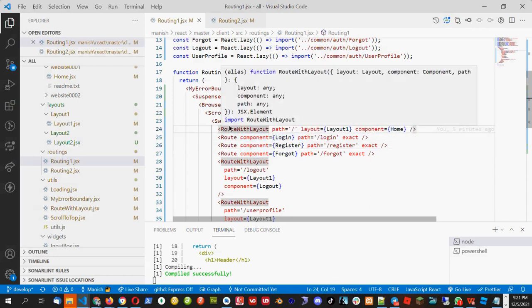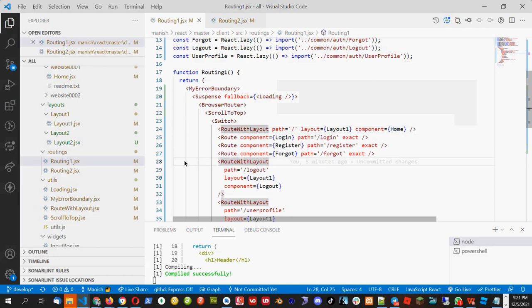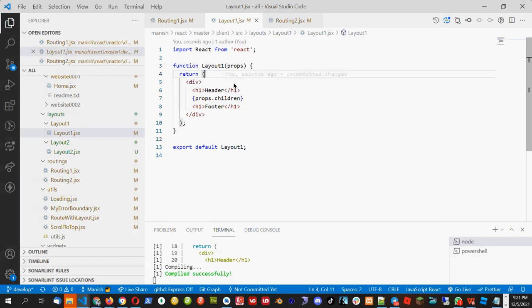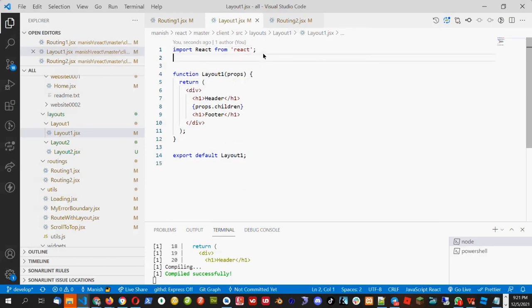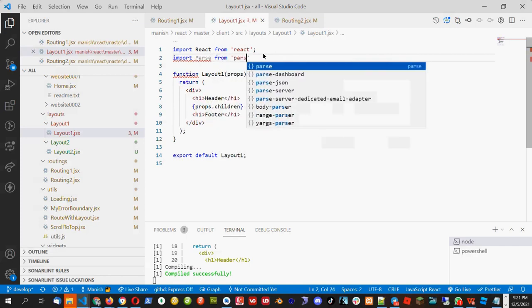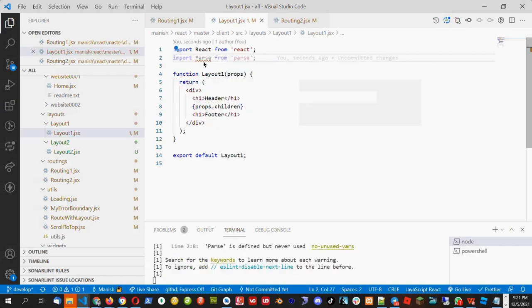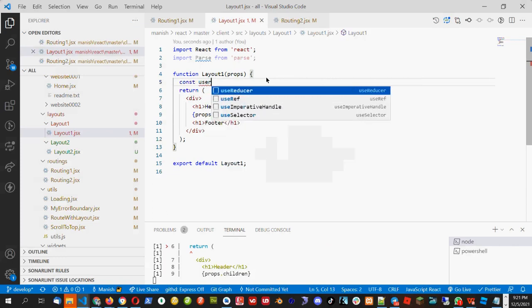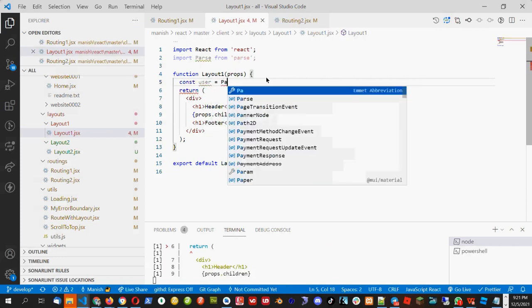Then we can avoid the step which I will be showing. So in the layout one, I will only allow the user who is logged in. So here I will put some check, so that the user cannot go to the home page unless he is logged in. So here I will import parts from parts. So this is a parts call, and there is one variable in the parts which will give me the user information, that is called